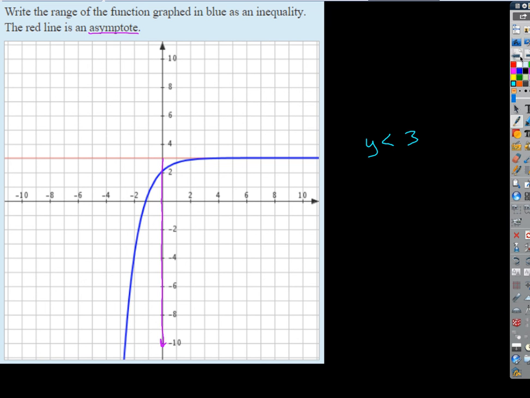So an asymptote, even though it's not technically a part of the function, is a really important part of the function. The function never actually touches it, but if there is an asymptote on a function, we really need to draw it in there, right? And when we get up to calculus, all you guys get up to calculus, one of the things that we'll do